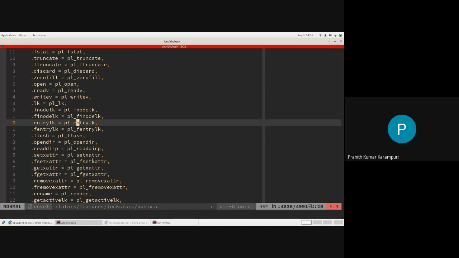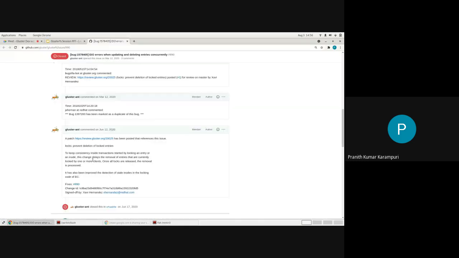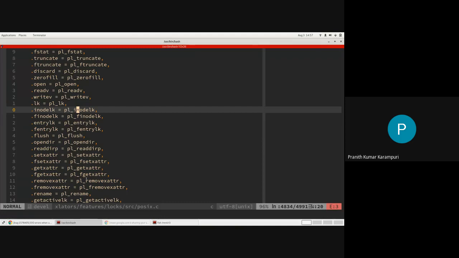Okay, so we will try to see, and as this description explains, the code change has to be in both deletion operations on the directory and also the inodelk of that particular inode. So we will try to see what are the changes that are done to understand this a bit better. So let's first look at something like an unlink.